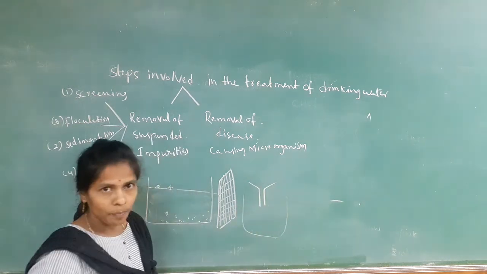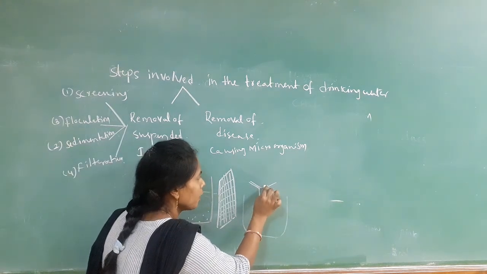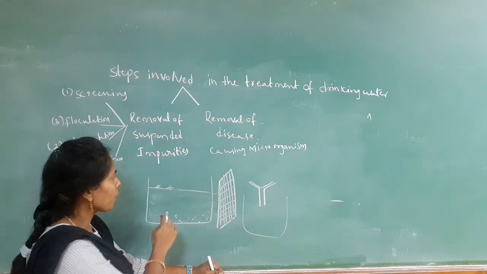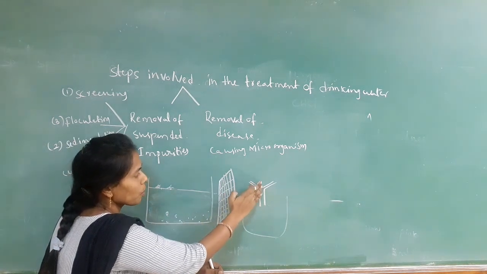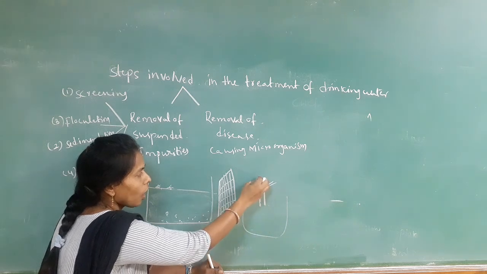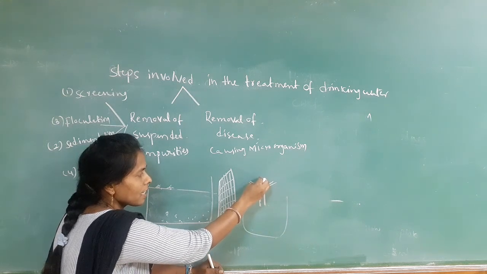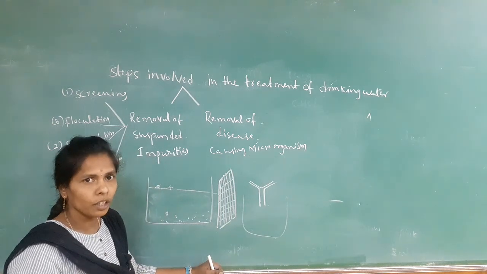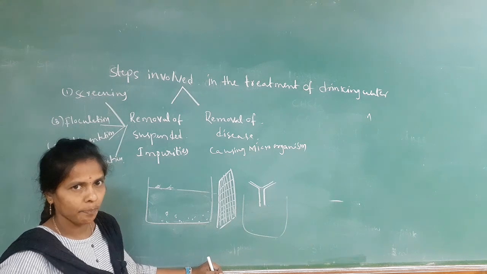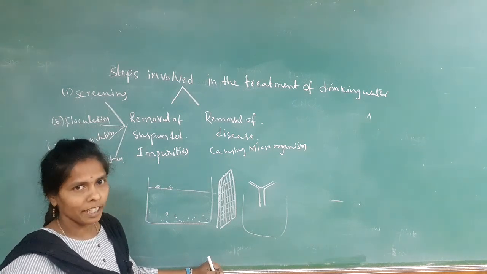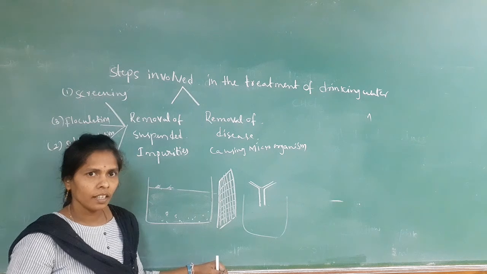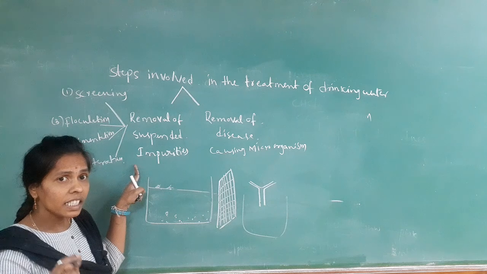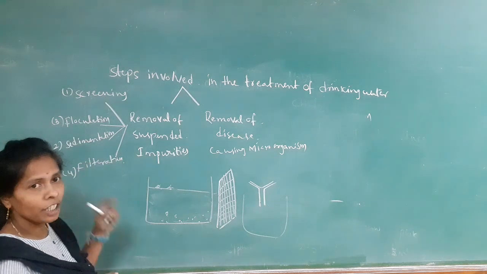So this is the funnel. In the funnel we take filter paper or some filter material. We pass the water through this, and after that all the mud particles and the sand particles are settled on the paper, and in this container we can collect the water which is free from the suspended impurities. Like that we can remove the suspended impurities in the water. That is the removal of large density impurities by the sedimentation process.